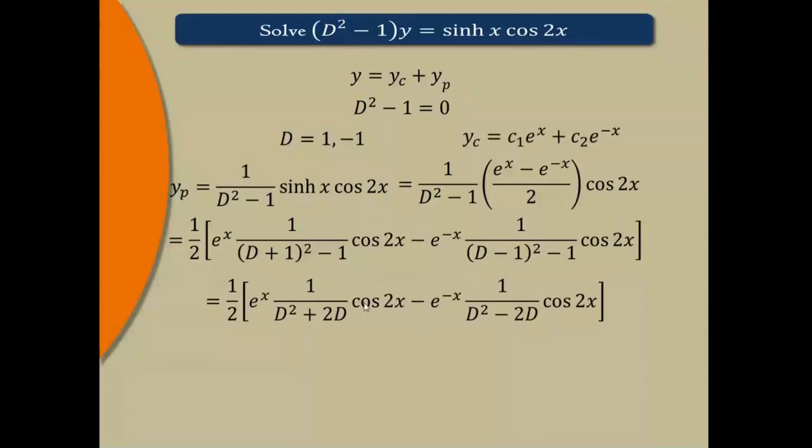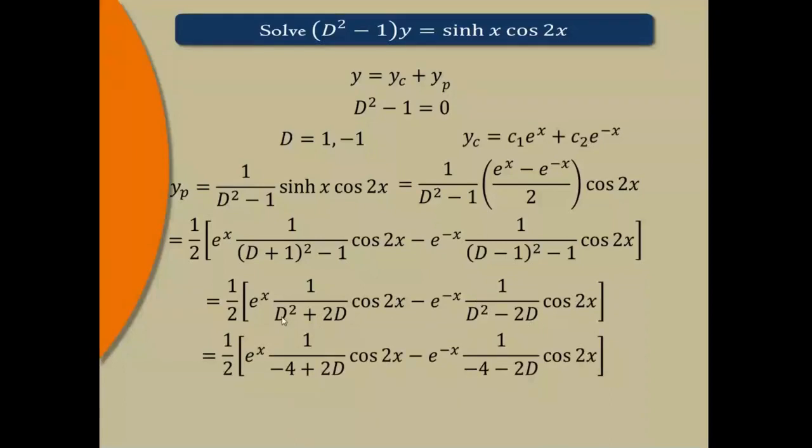Now, what do we do for the cos term? We know the shortcut method for the cos term: wherever there is a D square, replace it by minus a square. So we replace D square by minus 2 square, that is minus 4 plus 2D. That is non-zero, so no problem. Here we replace it to get minus 2 square minus 2D. Again, that is a non-zero term, so no problem. Same for this: minus 2 square is minus 4 plus 2D. There is no substitution for a single D in the cos term, so keep single D terms as they are. This will be minus 4, D terms as they are.